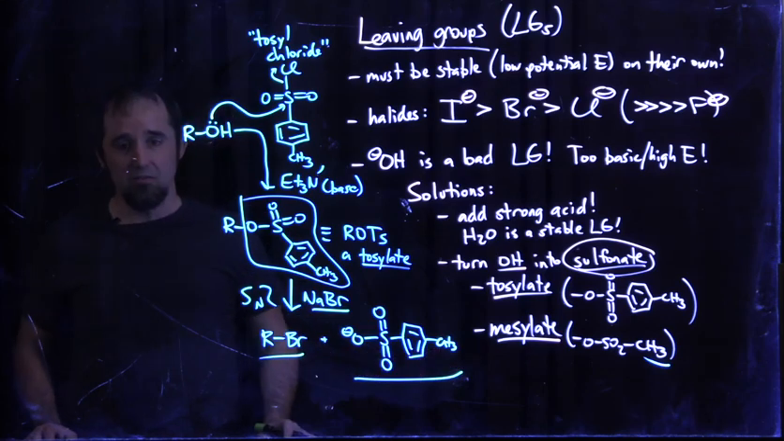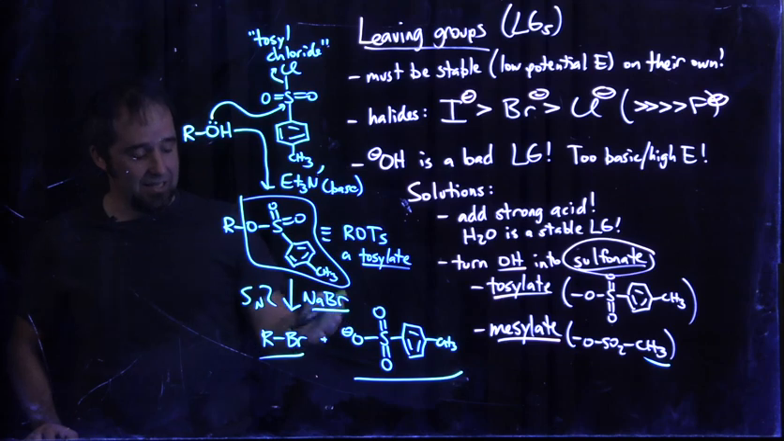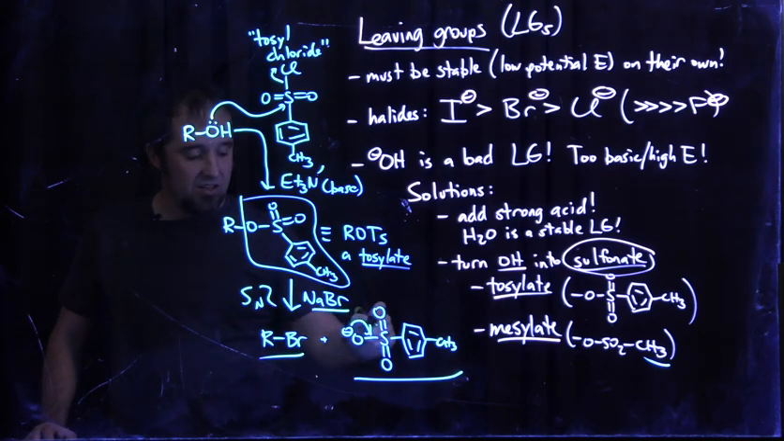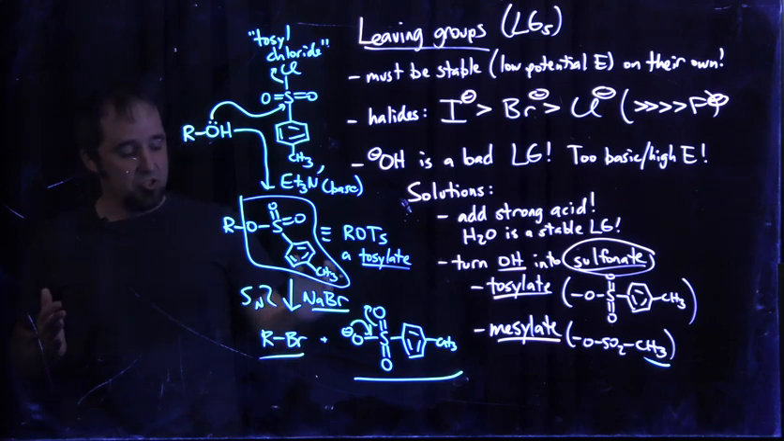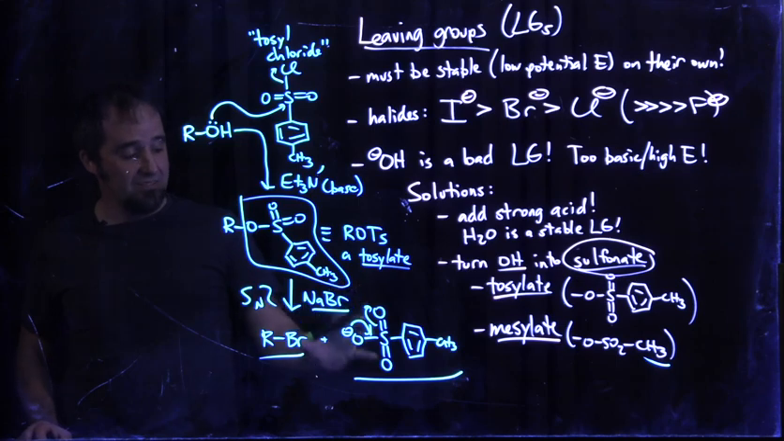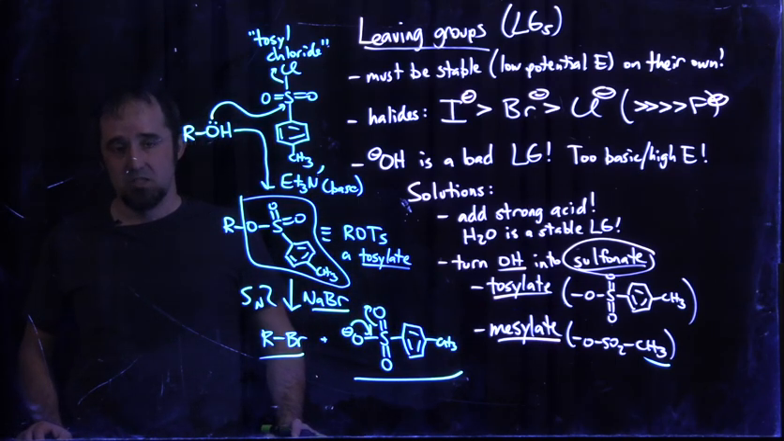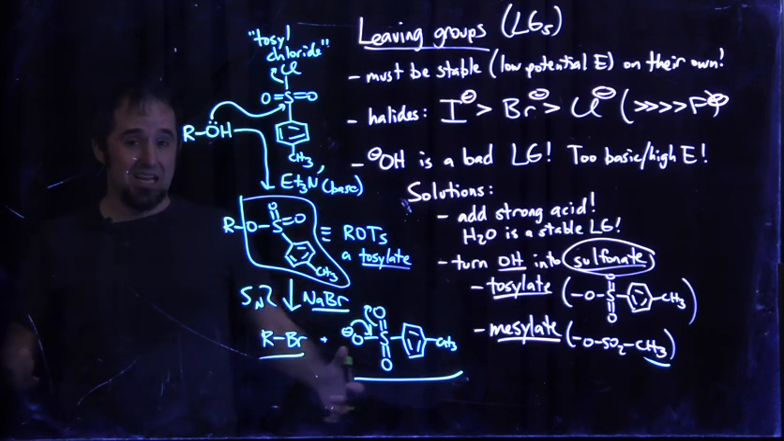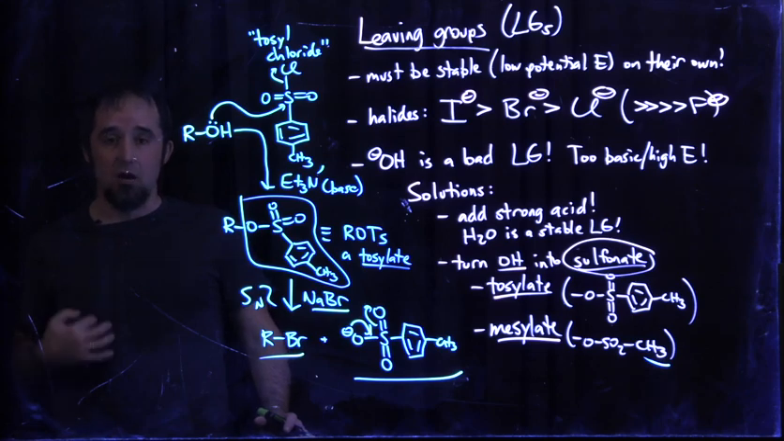And here's my leaving group, and now maybe you can tell why it's a good leaving group. I can take that negative charge and spread it out over all of these oxygens. So this charge is resonance stabilized, which makes sulfonates like tosylate or mesylate very good leaving groups. So again, it's two steps instead of one, which I don't like, but it avoids the use of really, really